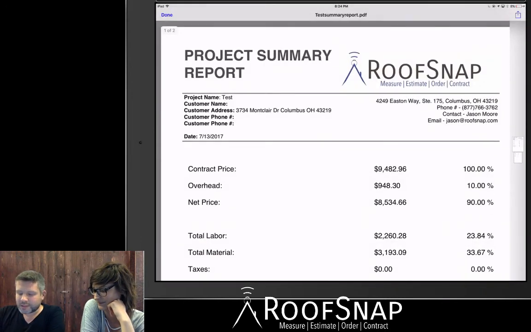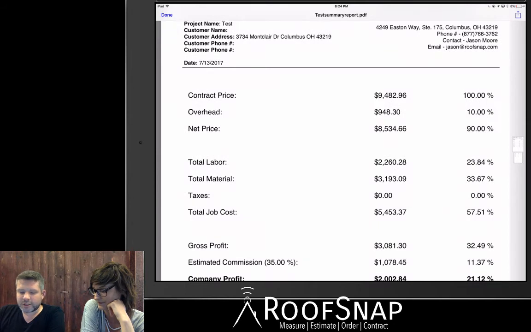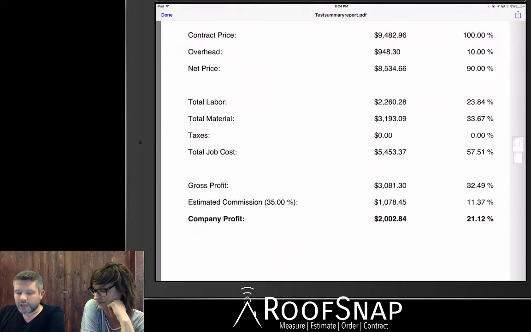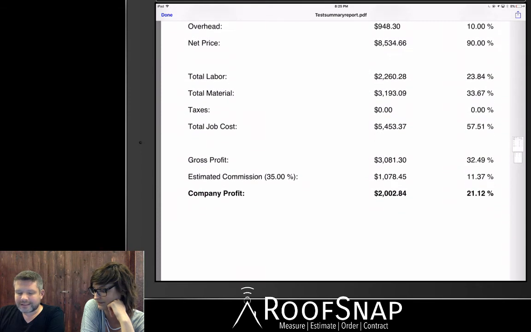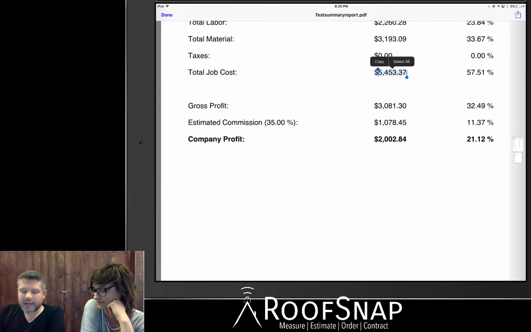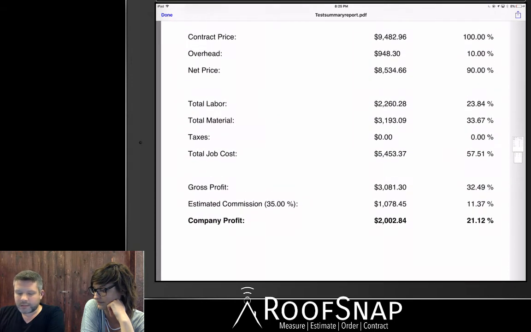So when we open up the summary report, we can see how much this job is going to cost: total labor, total material, taxes, total job cost. And then we actually have some sales commissions set up for this particular user. So he's going to make a little money, the company's going to make a little money, and the whole job's going to come in at